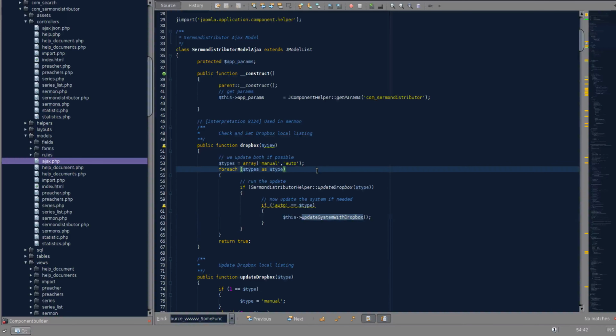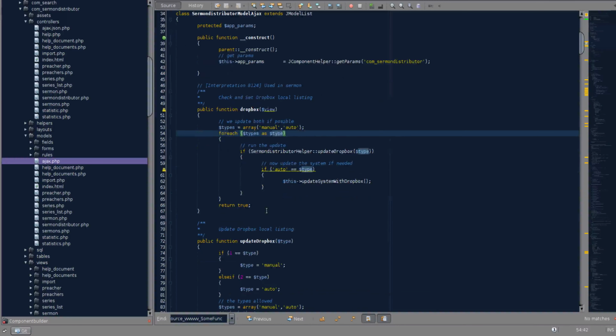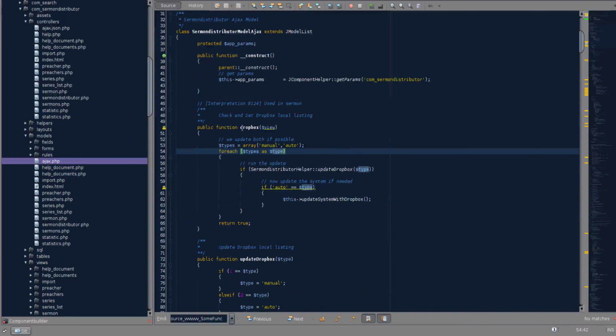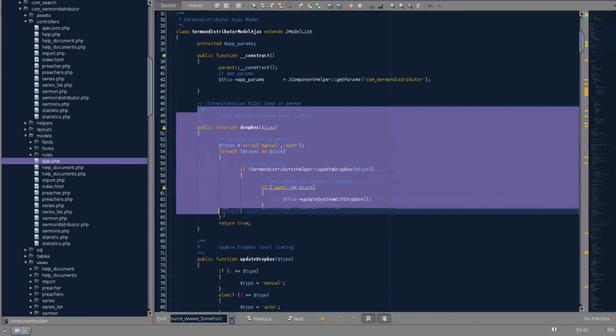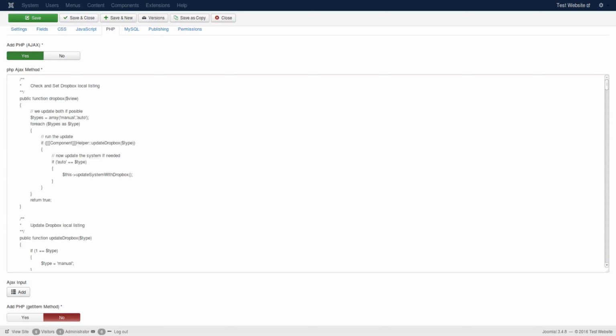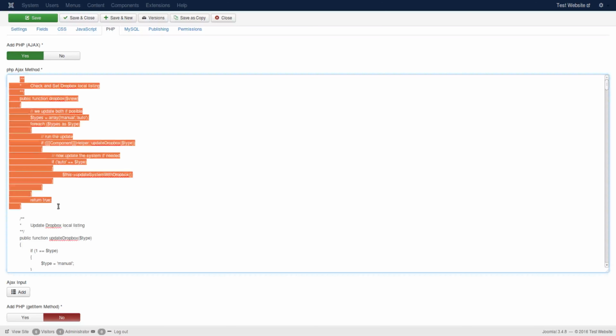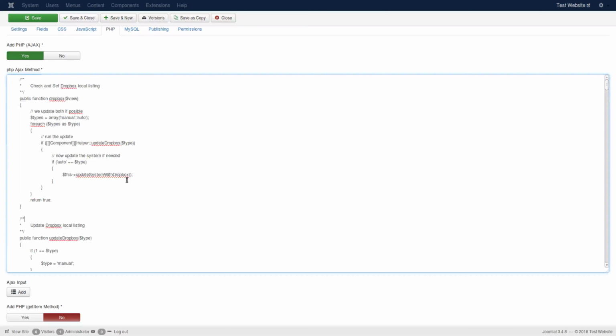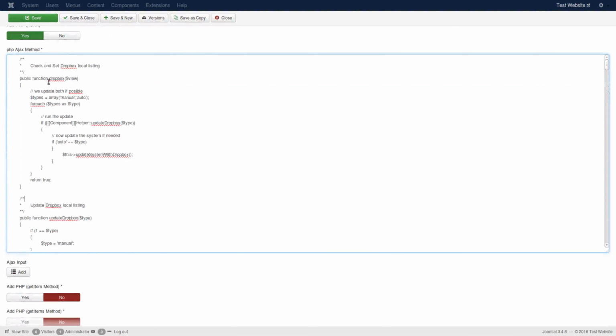So again, I'm not trying to teach you PHP here. All I want to show is that this part of the code was custom written. So if we go back to our component, you'd see that there is that code. So when you click on Ajax, you add that name, basically writing a method. Make sure that it's set to public,